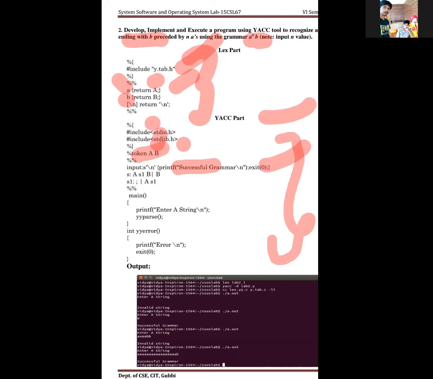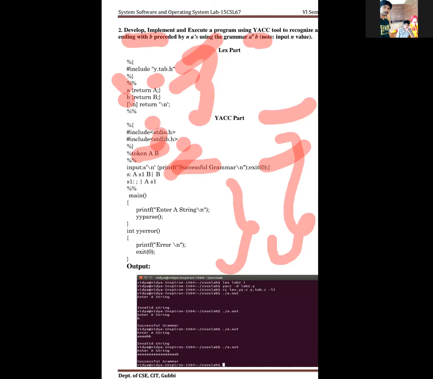S1, A, B in between S1, because in every string we're going to recognize, we have a string S1 that will be between, however many A's there are. Therefore, A followed by S1 followed by B, or only B, because anyhow it will end with a B. So we have a B. Another string: S, that means only A is there, followed by any number of S1.